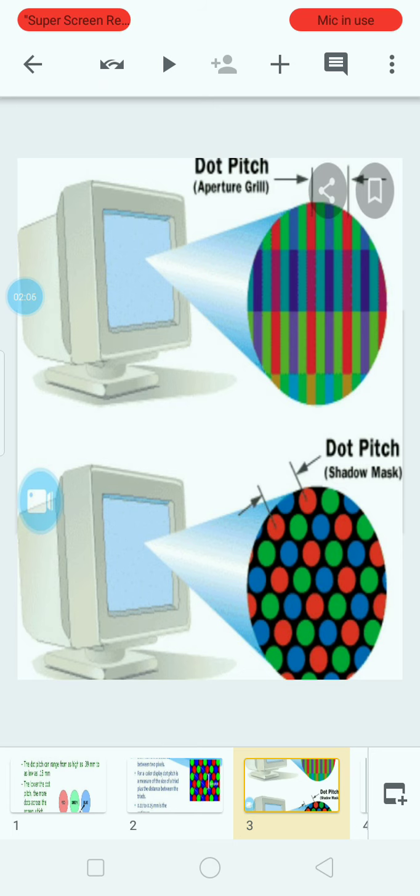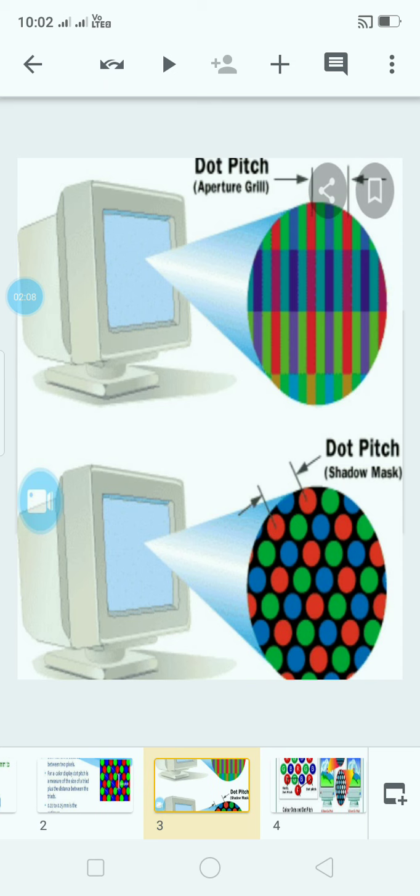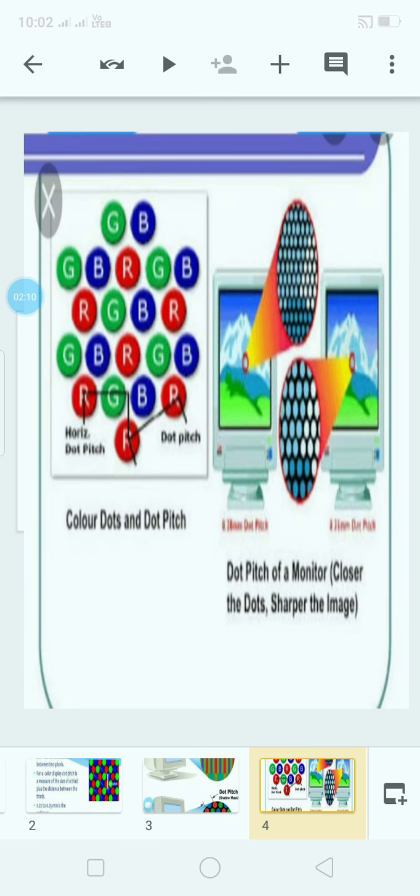For example, a 20-inch monitor may have a maximum resolution of 1680 by 1050 pixels. When a display is set to its native resolution, typically the maximum resolution, it may display